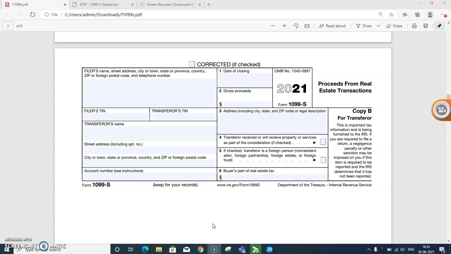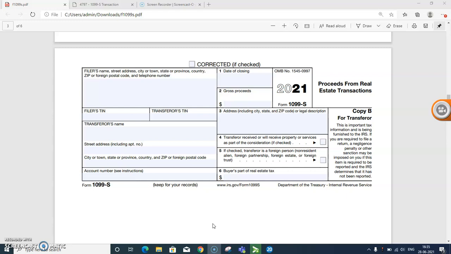Investment use. If you receive your 1099-S for investment property, or inherited property that is considered investment property, the sale is reportable on Schedule D. Business or rental use. If you received your 1099-S for the sale of a business or rental property, this is reportable on IRS Form 4797 and Schedule D.